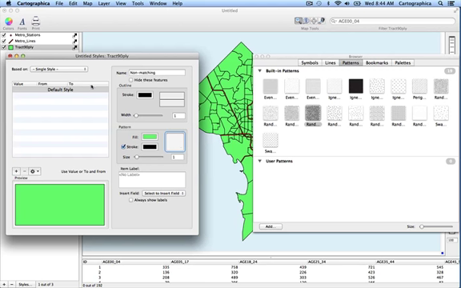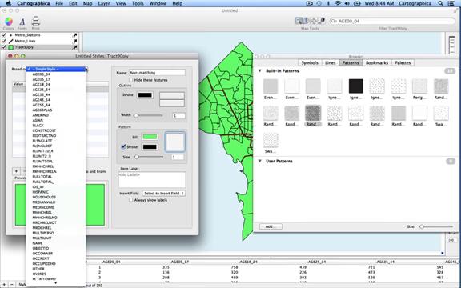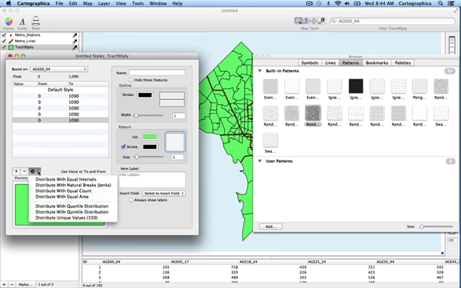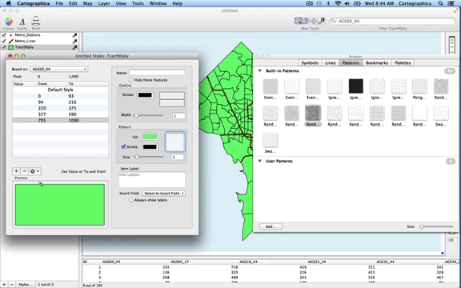Something else we can do is look at the based on option in the top left, and we can select a variable. I'll just choose the first one here, and we can add a number of categories to the table. And so we are looking at the age distribution of people 0 to 4 years old, so little people. We can click on the gear box and then choose a distribution or reclassification method here. I'll choose to do natural breaks according to Jenks, and you can see that the data have been redistributed